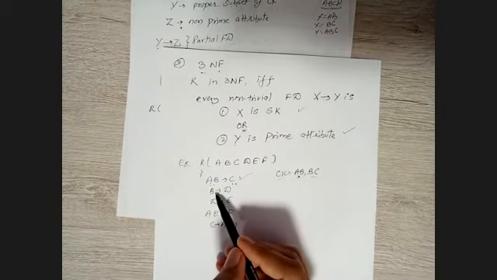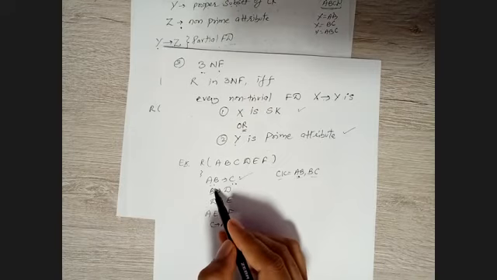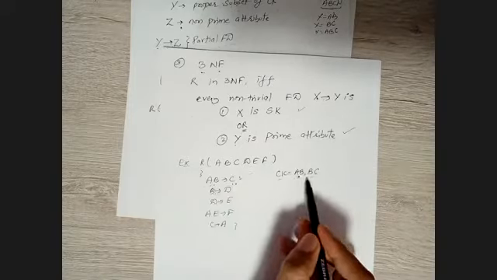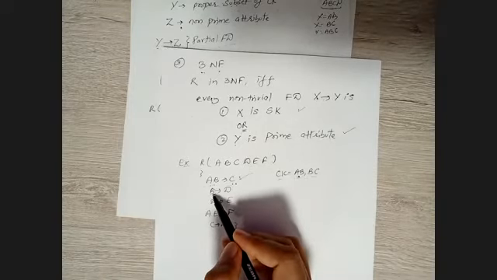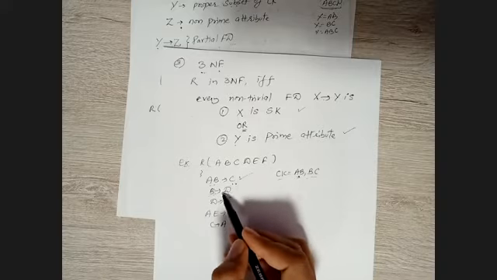The second one, B. Okay, so B, is A the candidate or super key? I mean, this B part, the left hand side part, is this a candidate or super key? No, it's a part actually, right? So this is not in 2NF as well, right? But let's check out for 3NF so far. So let's move on to the right hand side part.